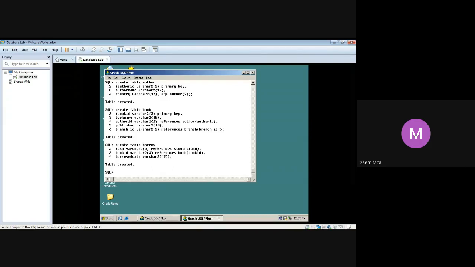So in the borrow table, USN will become the foreign key. How do I specify that? I make use of the keyword references. Which table are we referencing? Where is USN the primary key? It is in the student table. That means USN of the student table becomes a foreign key in this borrow table. That is why we make use of the references keyword. Okay.